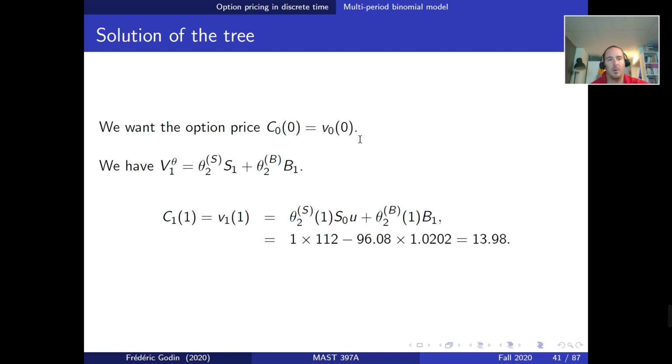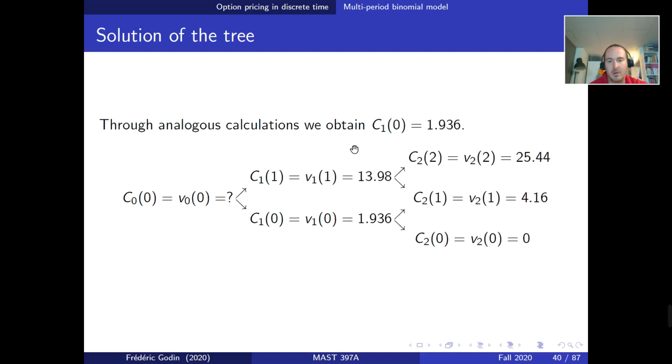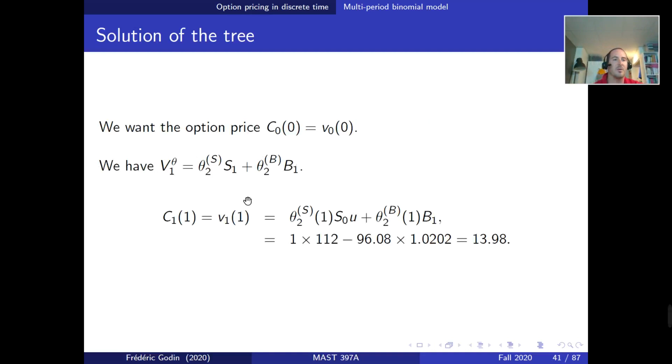So what equations are we going to use? Well, if we go back one slide, we know that we must have a value of the portfolio at time 1 of either 13 after an upward movement or 1.9 after a downward movement. Okay, so here we can use the formula for the value of the portfolio at time 1. So the value of the portfolio at time 1 is the number of shares of the